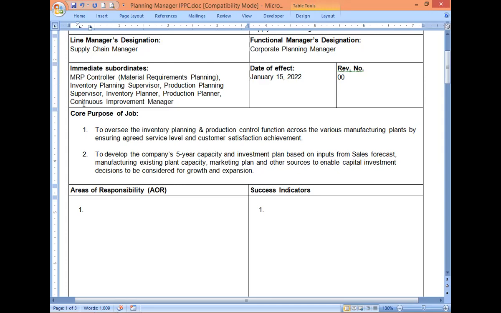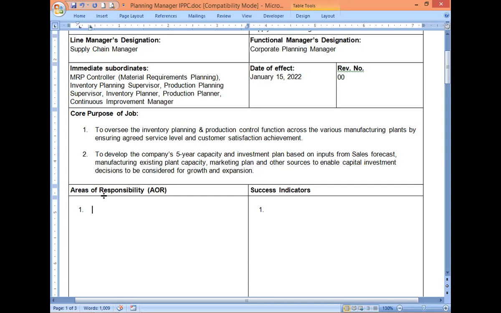So I'm talking about short-term planning. I'm talking about long-term or strategic planning. Because if we just do a 1 year plan, you don't know what's going to happen next. How many customers do we have next year or the following year? So we have to have a vision. We have to look to the future. We have to see the future, 5 years in the future. Okay, so let's start now.